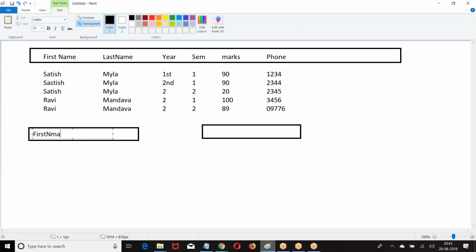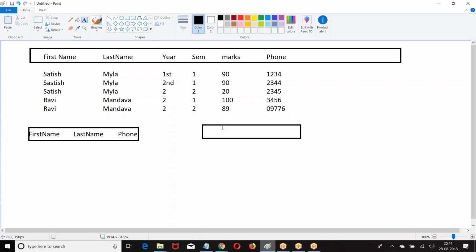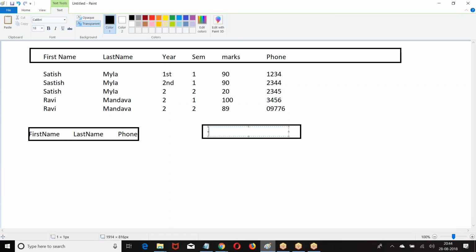So they take first name. What is the data which is repeating? This is the data which is repeating, right? First name, last name, and full name. And what is not repeating? I can give the name.